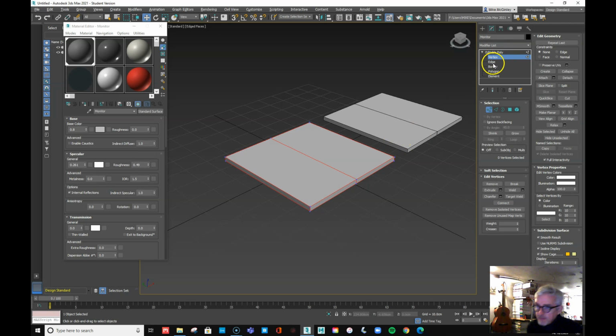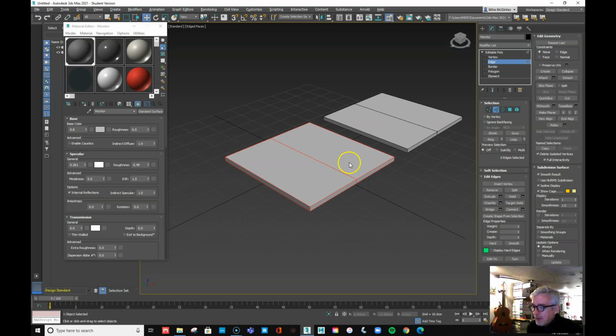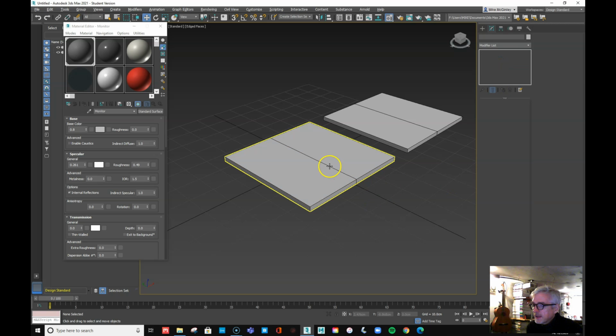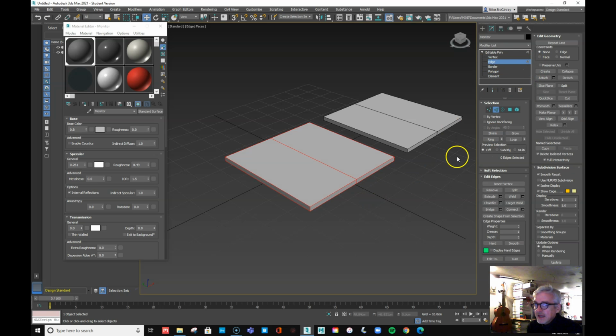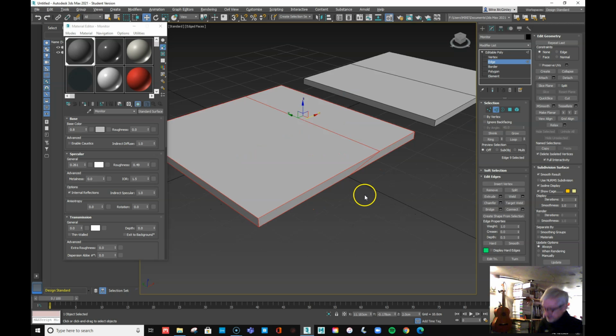Okay, now we're going to work at the edge level, and what I'm going to do is select this edge. Let me just double check this, come out of there for a sec. I want to select that, go to my edge level, and deselect everything except for that one. They're all currently active. Now, I'm just going to move that one edge on its own, and you can see that as I move it down the side here,